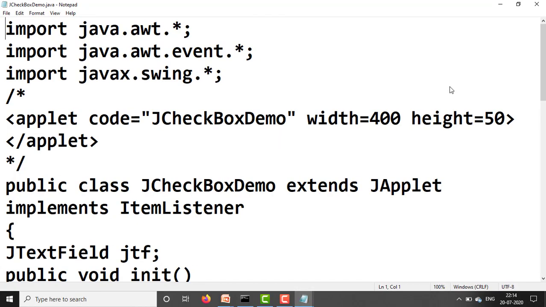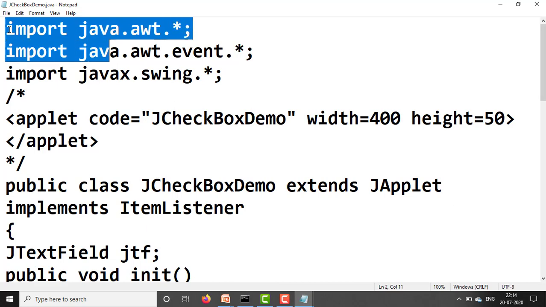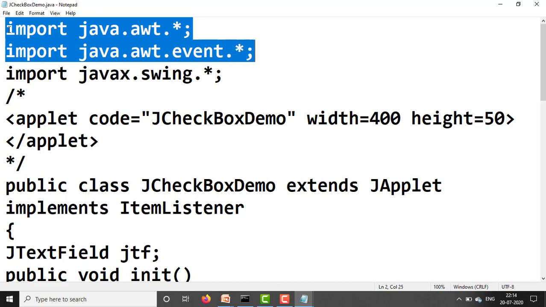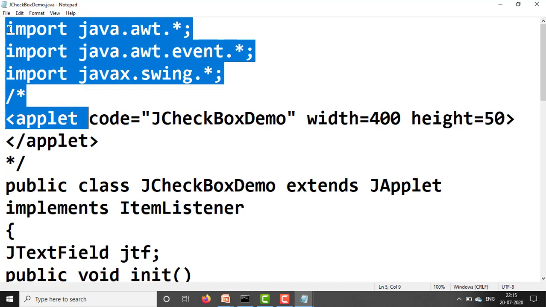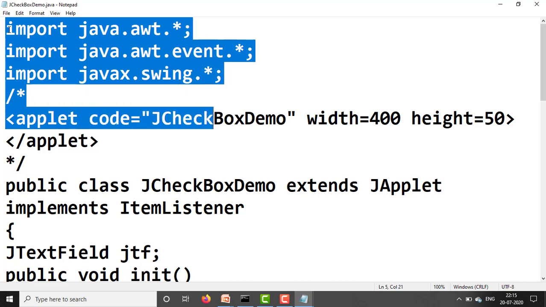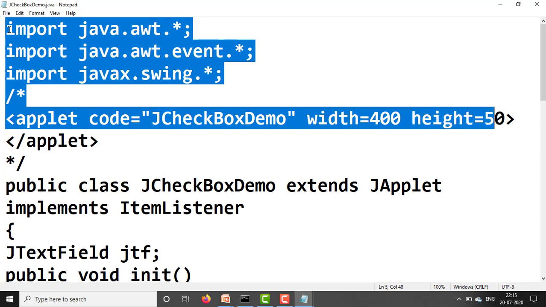JCheckBoxDemo. First, import the packages. import java.awt.*; import java.awt.event.*; import javax.swing.*; Start a multiline comment, start the applet tag: applet code equal to JCheckBoxDemo, width equal to 400, height equal to 50.